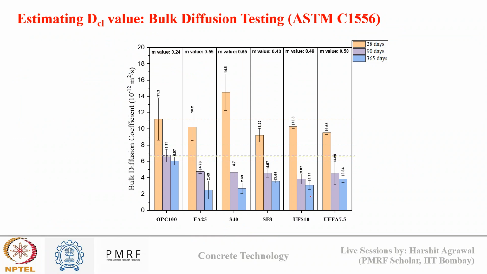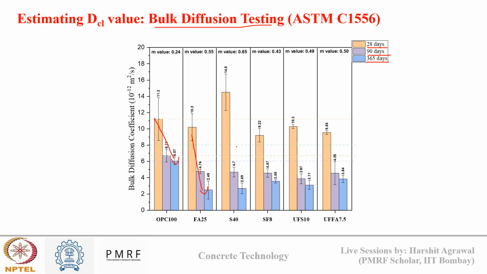So this figure shows some of my experimental data for different binder compositions and how the DCl value, the chloride ion diffusion coefficient, is evolving over time. I did this bulk diffusion testing at different ages. I kept the samples under chloride exposure for 20 days, then 90 days, and up to 365 days also. You can see as the exposure age increases, as the concrete densifies over time, the rate of chloride diffusion